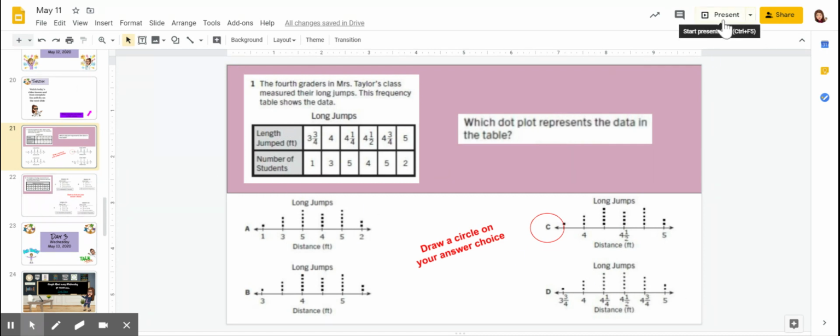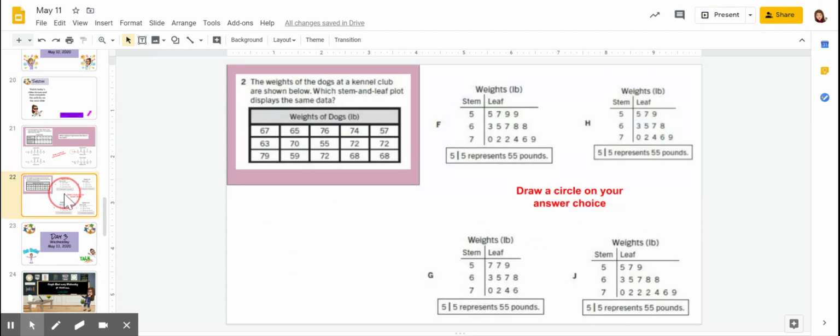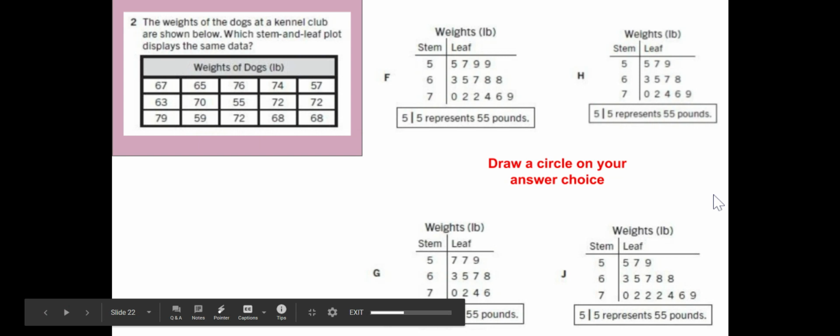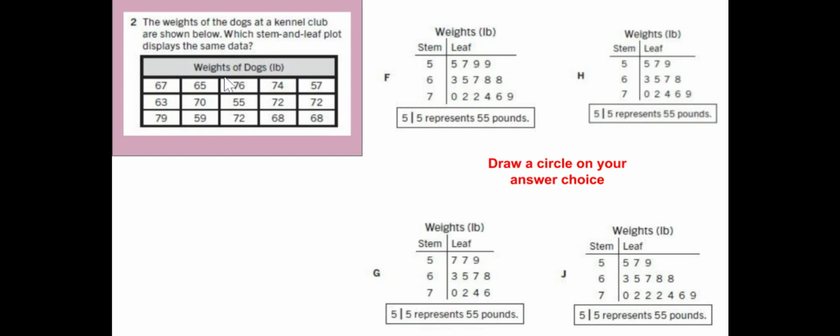Okay, so for the next slide, we are going to be talking about the stem and leaf. Let's look at this here. For our stem and leaf, we notice that we have a table right here. Now this says the weights of the dogs at the Kennel Club are shown below, which stem and leaf plot